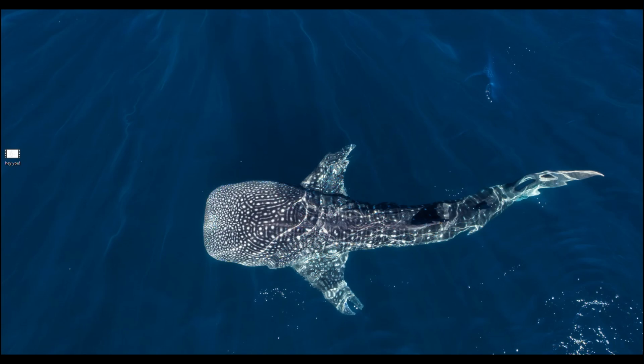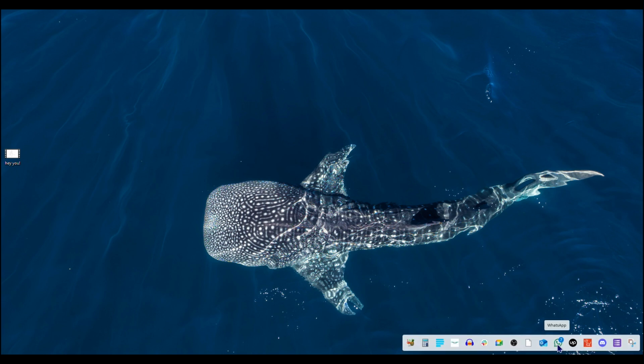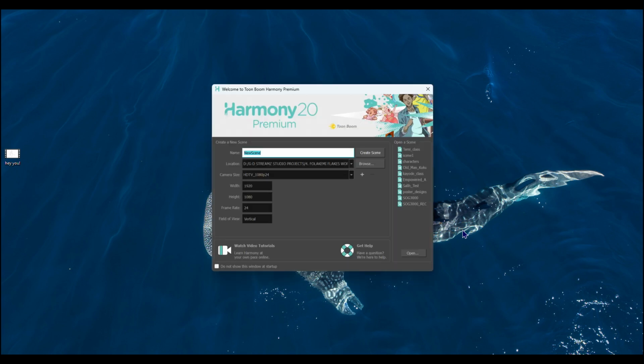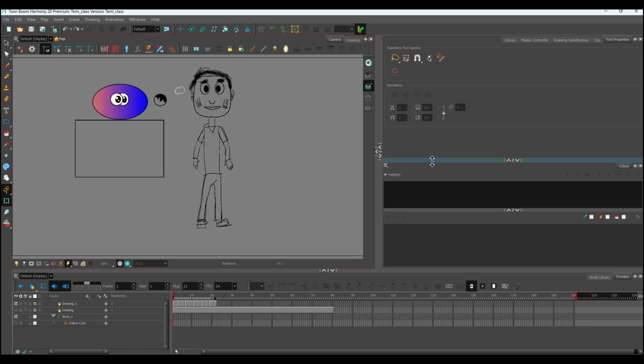What's wrong with my Toon Boom today? What is happening? Am I using too much RAM? It has crashed again. Why is it just crashing and crashing? It's because there's something else I'm trying to work on. I've been working since morning anyway. Okay, so